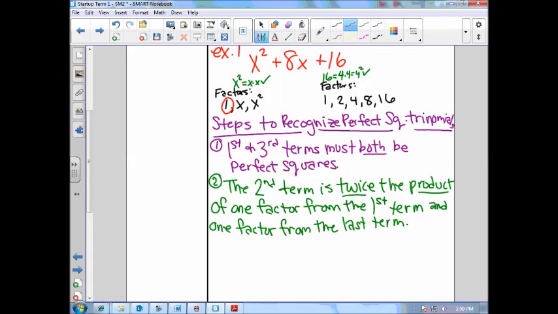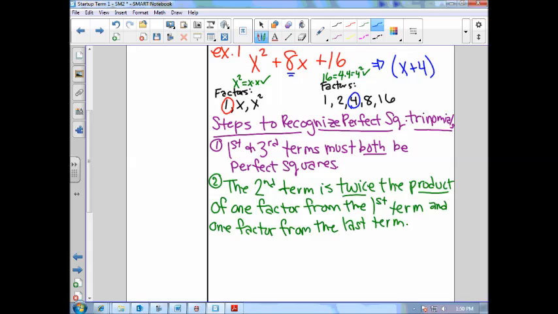So which factor over here on the right times by 2 equals 8? Not 1 times 8, it has to be times by 2. 2 times 4. And if we times it by that 1, then it's still 8. So it's really nice that we have a 1 out here. So it's still 8. Okay? So 4 times 2, which means that our factors, we have x plus 4, but if this is a square,